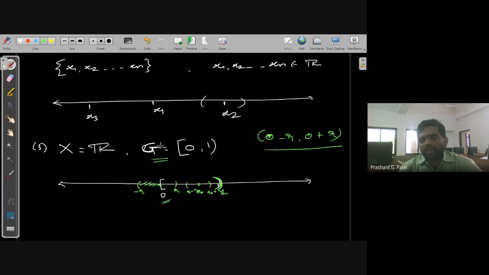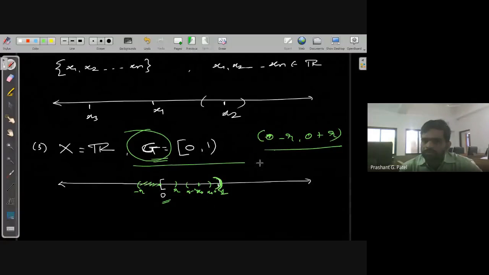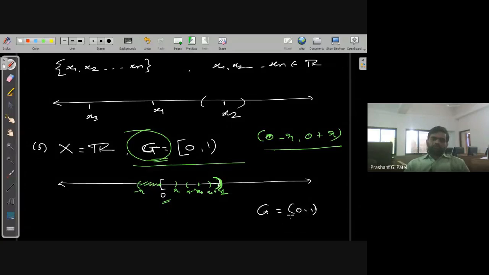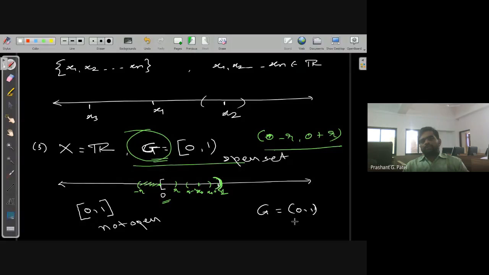So G is not an open set. But if I define G as the open interval 0, 1, then it is an open set. In the same way, the closed interval 0, 1 is also not an open set. This is not an open set. This is an open set.